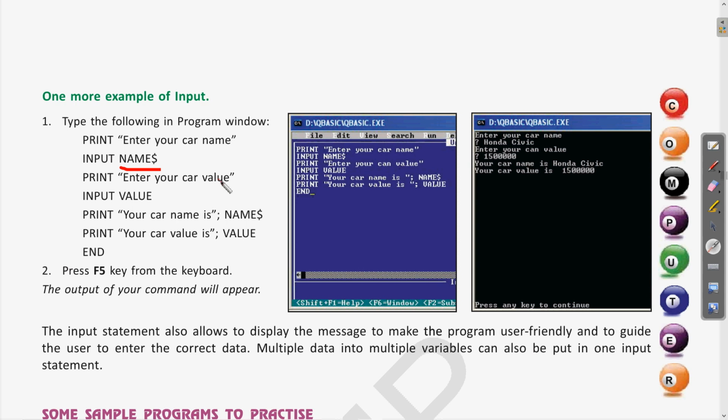Then whatever the price is, if you want to write it, that can be written. Here, as it is a number, it is without the dollar symbol. Now at last we are printing the name of the car and the value of the car.